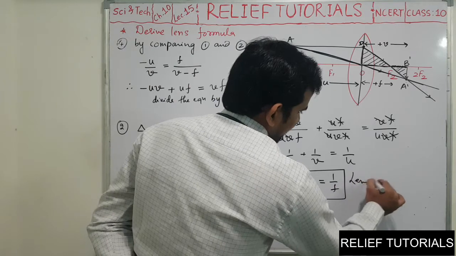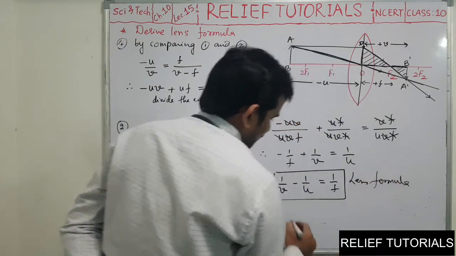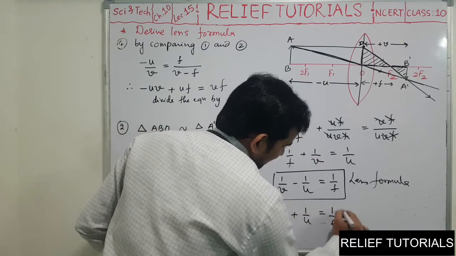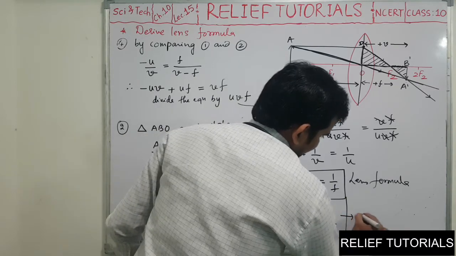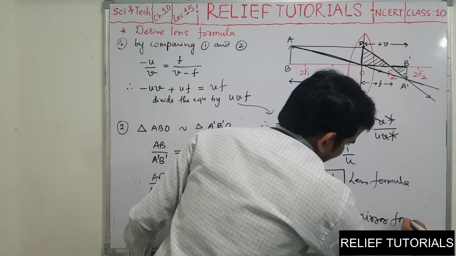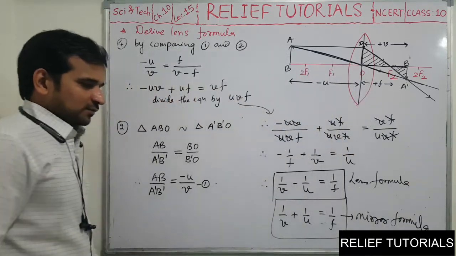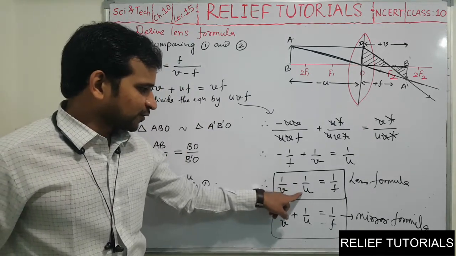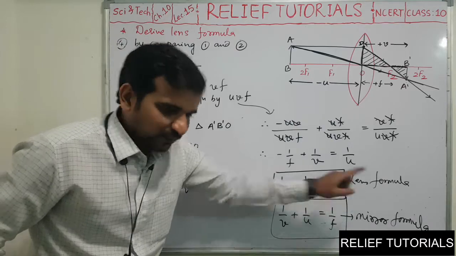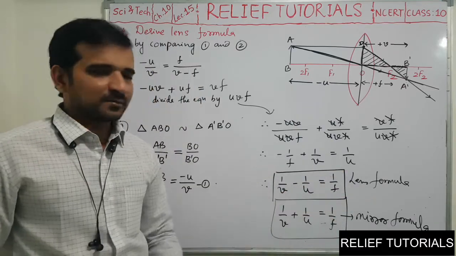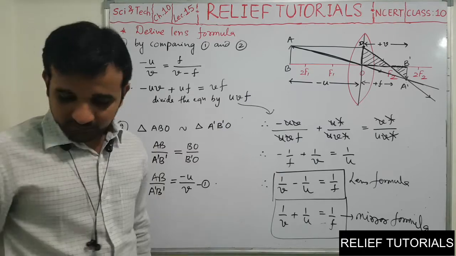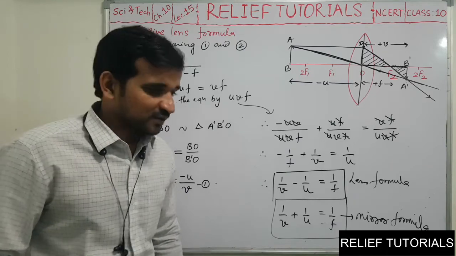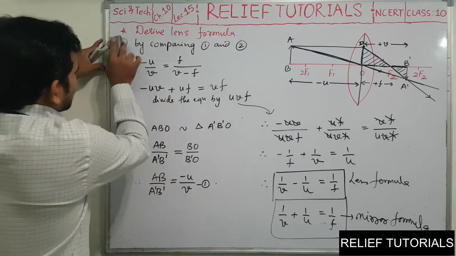If you remember, mirror formula was 1 by V plus 1 by U is equals to 1 by F. So this was the mirror formula. So there is only the difference of sign here in both the formulas. 1 by V minus 1 by U is equals to 1 by F, lens formula, and if you place the positive sign here, it will be the mirror formula. Based on these we have seen, if you remember, after mirror formula we had the topic of magnification of image. So here also we have the same topic to understand here.